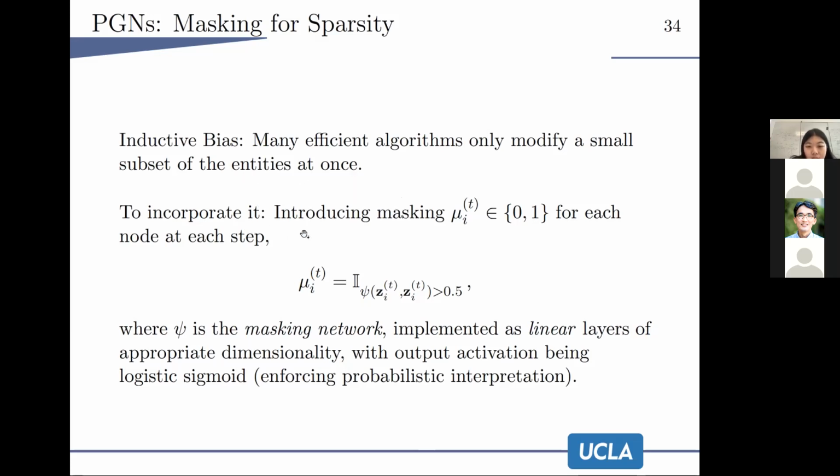So knowing this, they also want to mimic this sparsity. And they achieve it by introducing a mask called mu_i for each node at each step. And mu_i^t is said to be 1 if an output of a